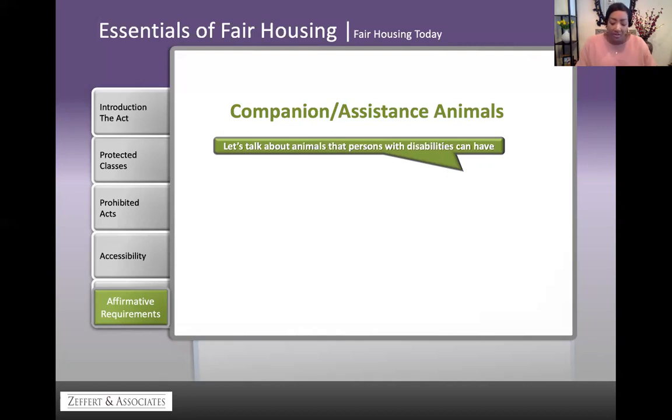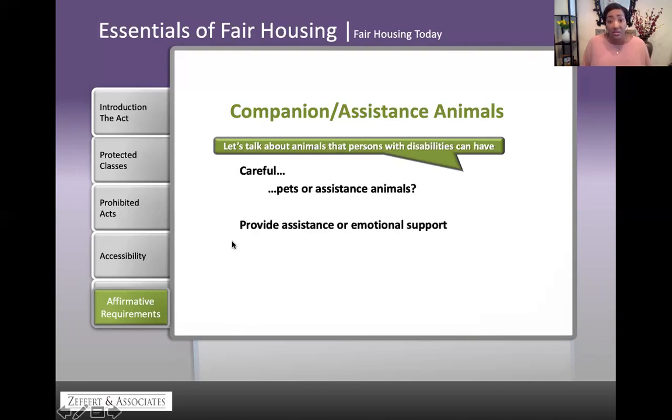I told you earlier that a lot of people, everybody's not bad. A lot of people do not set out to commit a fair housing violation. Unfortunately, however, that is exactly a lot of times what ends up happening, just out of lack of knowledge of the law. So 60% is a huge number of all fair housing complaints, with regards to those that are not knowledgeable about the fair housing rules and regulations.